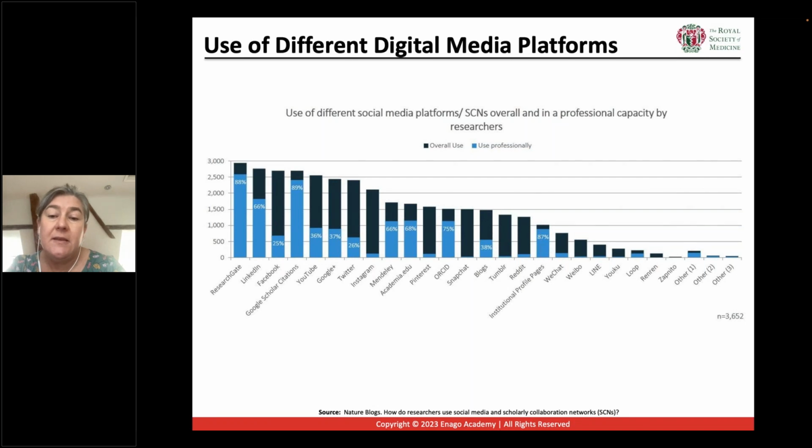So 50% of professional users also said that they accessed Facebook, which may or may not have been for professional reasons, but they were on there. So that's again something to think about. If you can do that balance between professional and leisure, if you like, Facebook could be the way to go to build your own profile.